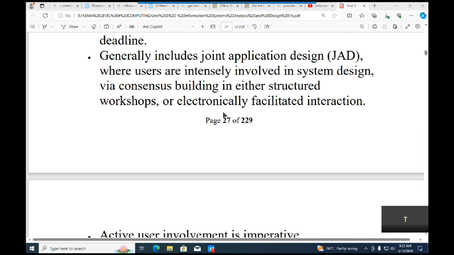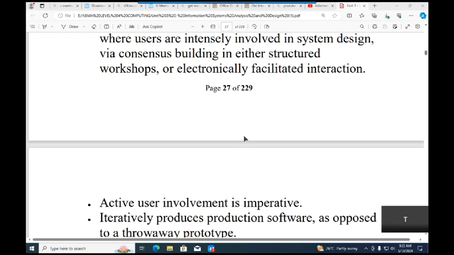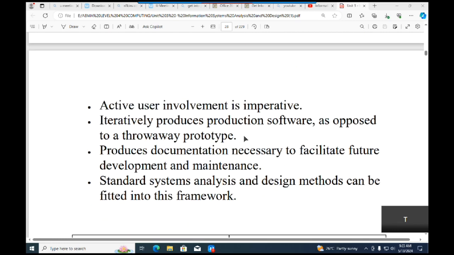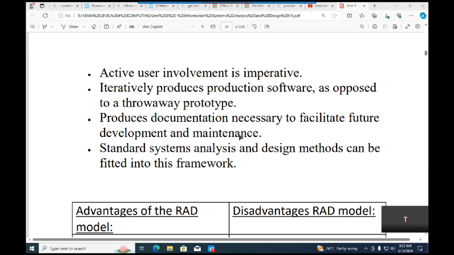We're going to involve them intensively, so we can make sure we have workshops with the users, or we can have electronically facilitated interaction, maybe via webinar meetings, etc. So we have active user involvement that is actually imperative. Then we have